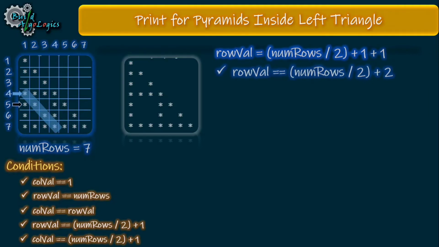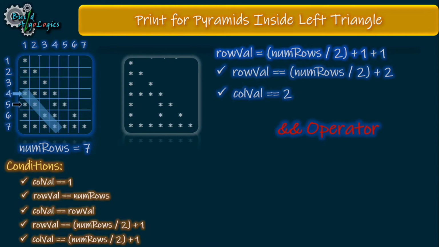And also for any number of rows, this col value will start from 2 only. So here instead of checking only one individual condition, this time we need to check these two conditions. Means print this star if and only if these both conditions evaluate to true or return true, otherwise do nothing. So for creating this type of condition, we have another logical operator in C language, the AND operator. This AND operator returns true only when both of the conditions return true.